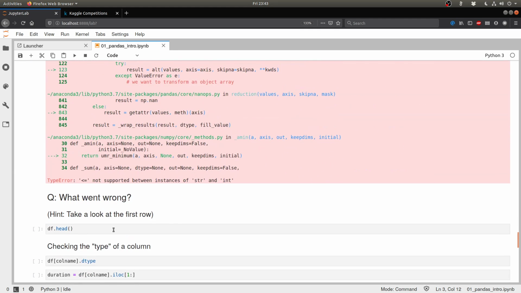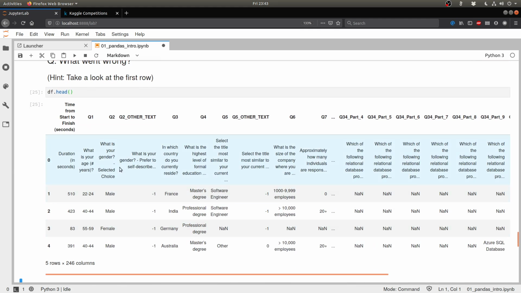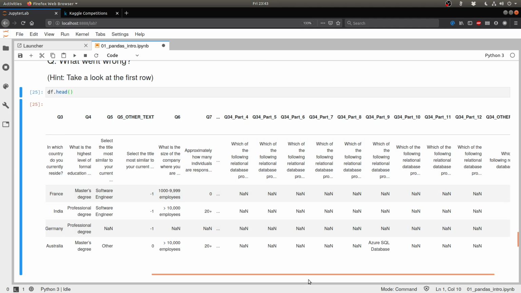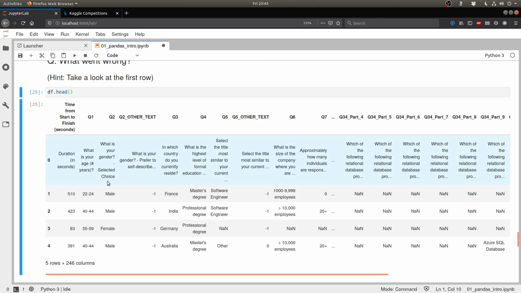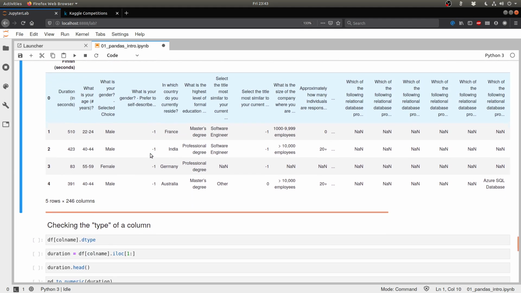So let's try that. When we see df.head, we see that the entire first row for all the questions is basically just the question reworded, in the sense that our original header is just text and the first row is another piece of text which actually contains the whole question, and the real data of the survey starts from the first row onwards, not from the 0th row. So what we need to do is omit this whole row and somehow keep a mapping to the headers themselves.